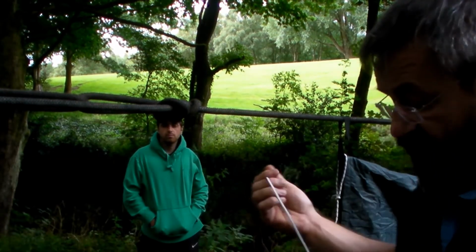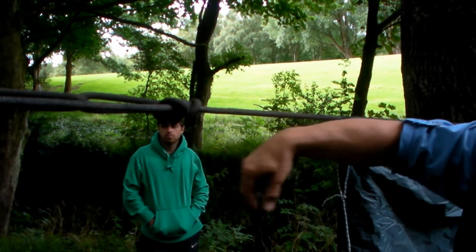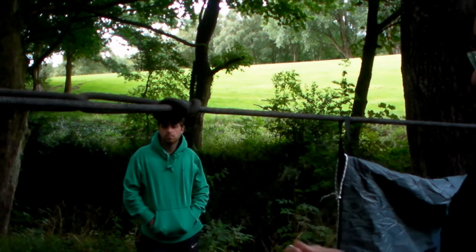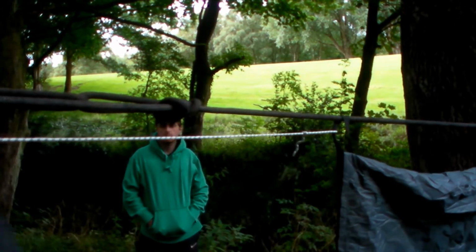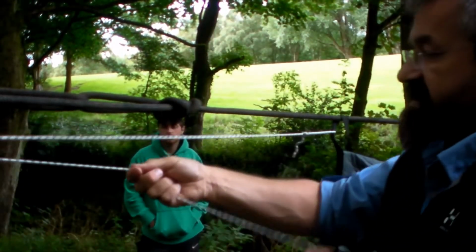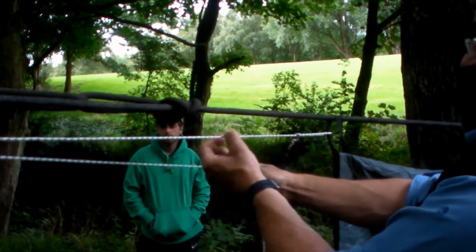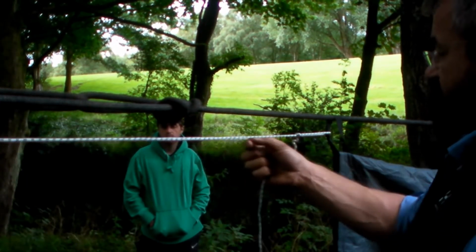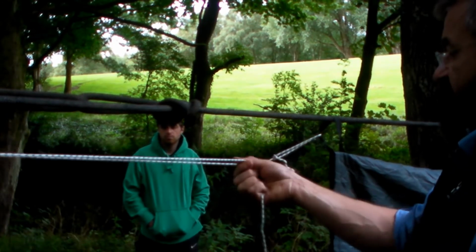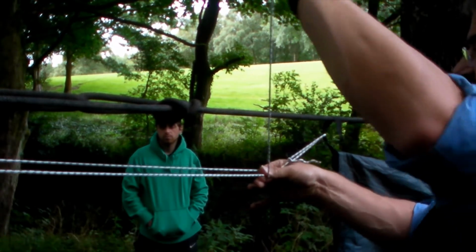Okay, or you could put in a taut line hitch, which is the one that we were just discussing before, Helen, when we could pull it down off the corners and adjust it. Okay, and to do that, what we're going to do is take the cord around the anchor point here, the tree, and back on itself here like this, and we're going to tie it around itself. So you've basically got the one coming off the tarpaulin going on the tree, and the one in your hand. Bring the one in your hand parallel with the one coming off the tarpaulin, okay, and take it over the one from the tarpaulin